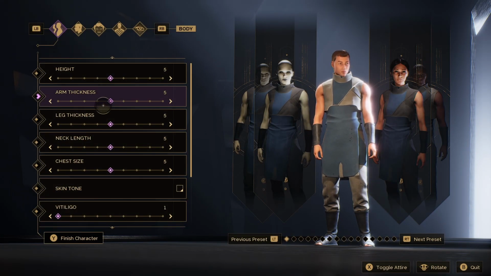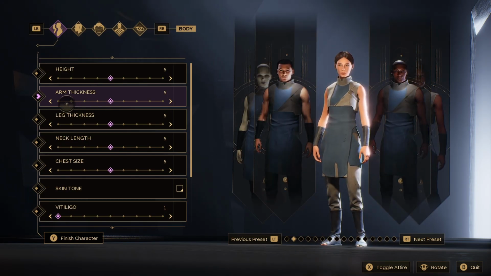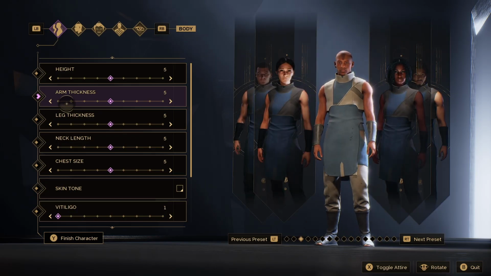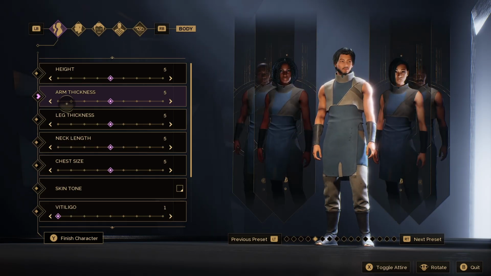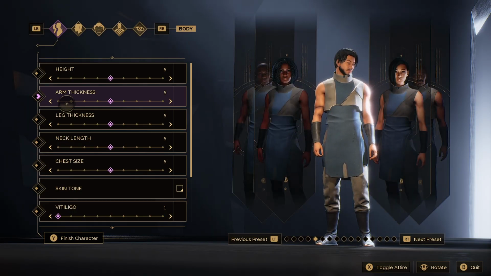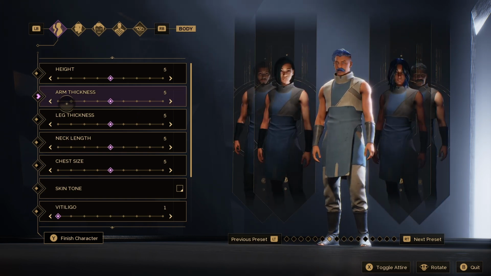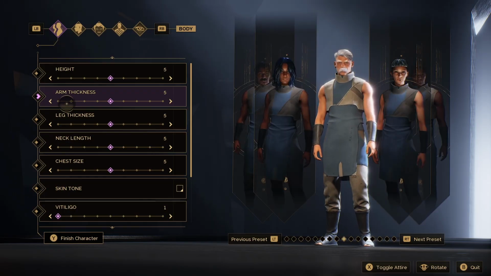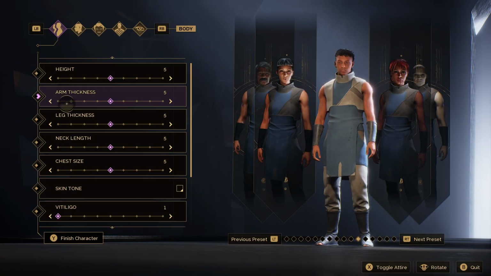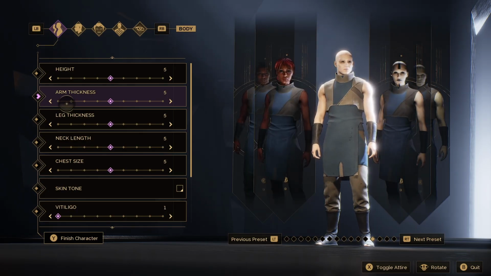You have a choice between a male and female version of every ethnicity that they offer in the game, which I'm not exactly sure why they did this way, but I mean, it's pre-generated characters. It makes it easier for people to make characters, I guess. But I'm kind of surprised in the way that they've done this because they've added arm thickness and height, which makes sense, leg thickness, chest size,